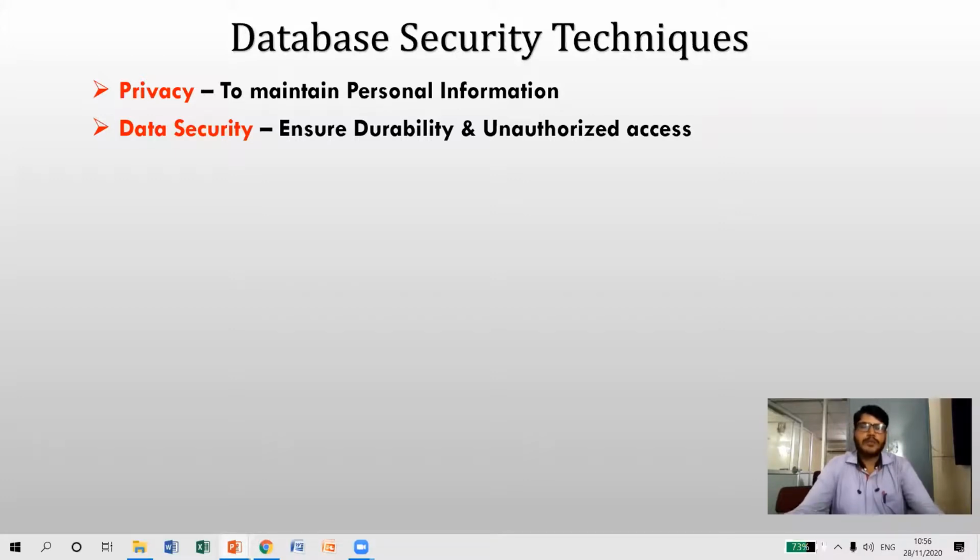Suppose you are storing a record, then after your next login you are unable to see that particular record, then it is of no use, isn't it? So whatever record you are going to store, it must ensure the existence of the data until and unless you delete that particular record.